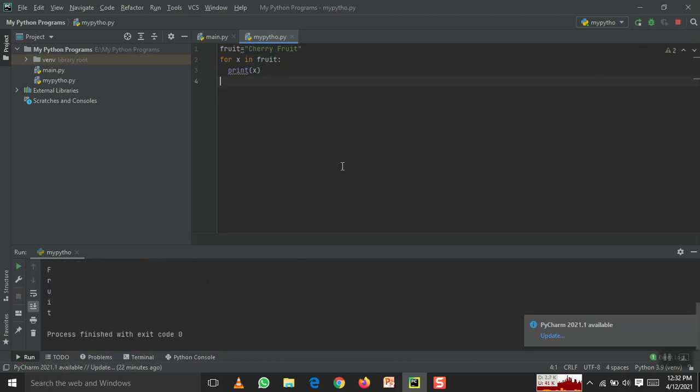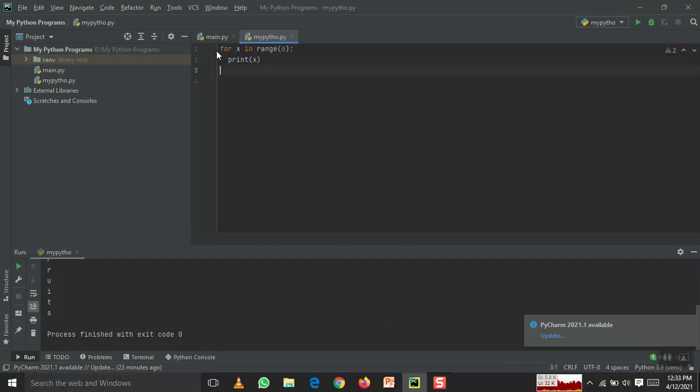We'll check. See here. Whatever the text which is given in cherry fruit, right? It will take one character by character. CHERRYFRUIT, totally, it will print. If I go with one more, cherry fruits, when I run it, it will come with fruits, right? So this is the thing which is there in Python. It will make programming feel easy, right? Okay.